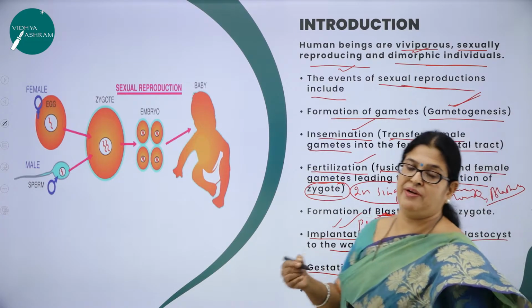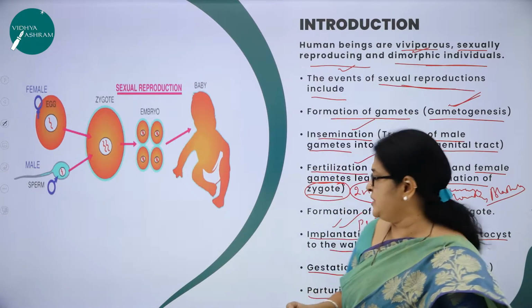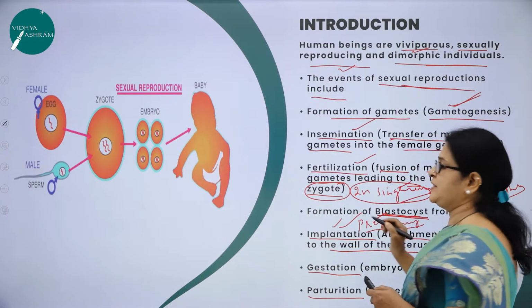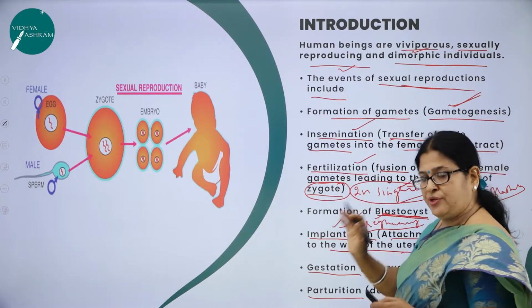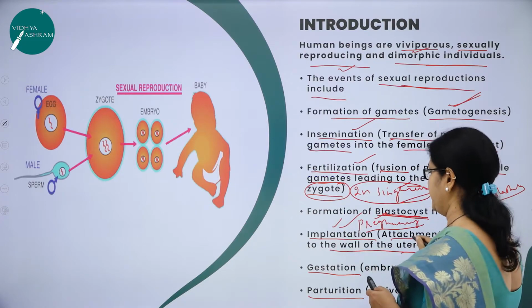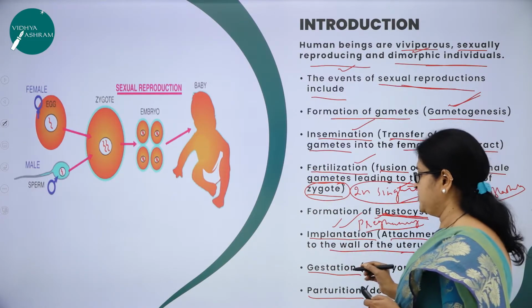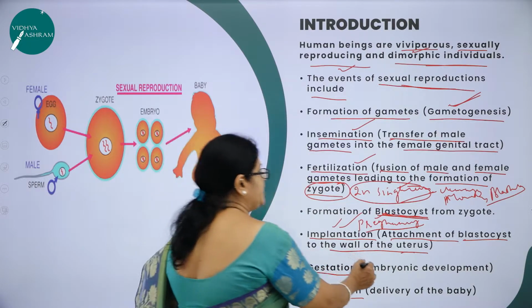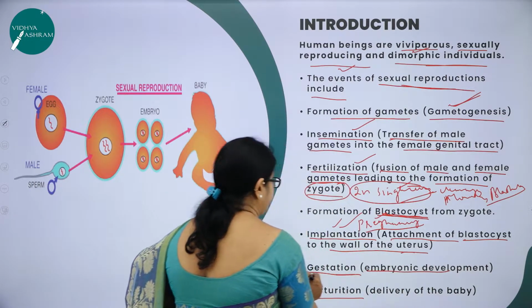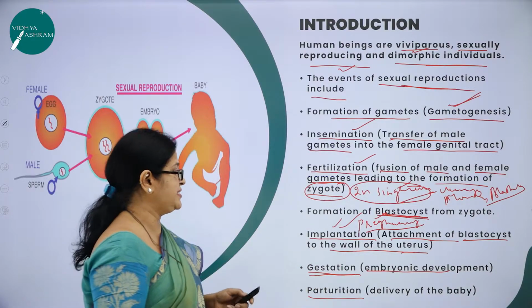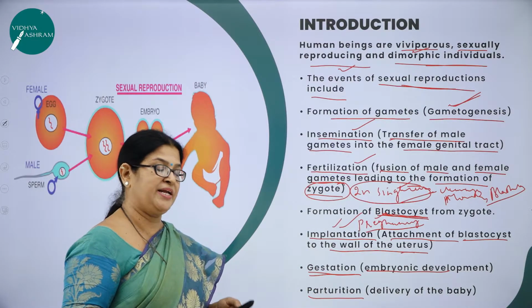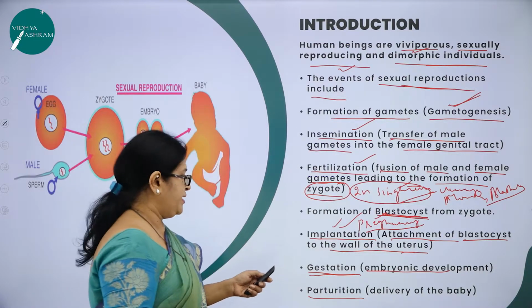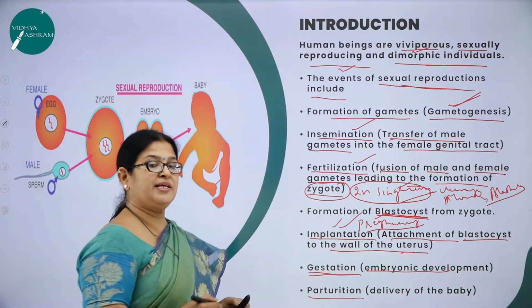Thereon the process of development of the embryo will take place, and that will take place in the uterus. Once the blastocyst is attached to the uterine wall, that is the endometrium of the uterus, then the development will take place. So what do you call that development? That development is otherwise called the gestation period. It is called the pregnancy period. As I said, you can also use the word pregnancy period. So gestation is nothing but pregnancy, right? And the pregnancy is nothing but what?